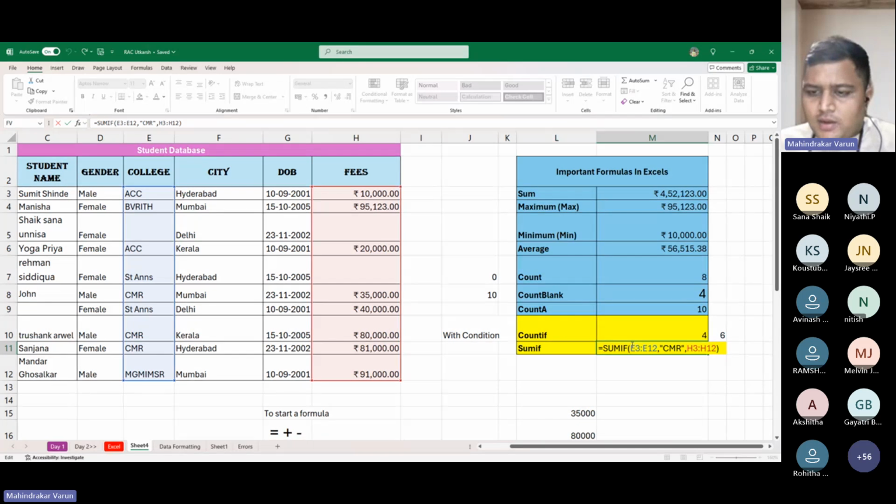I'll double click on the formula to edit. I'll go here, backspace, backspace, backspace. I'll write down here ACC. Okay. And to be very precise, it is not case sensitive in this case. So I have written double quotes ACC, close double quotes. Then once I press enter,